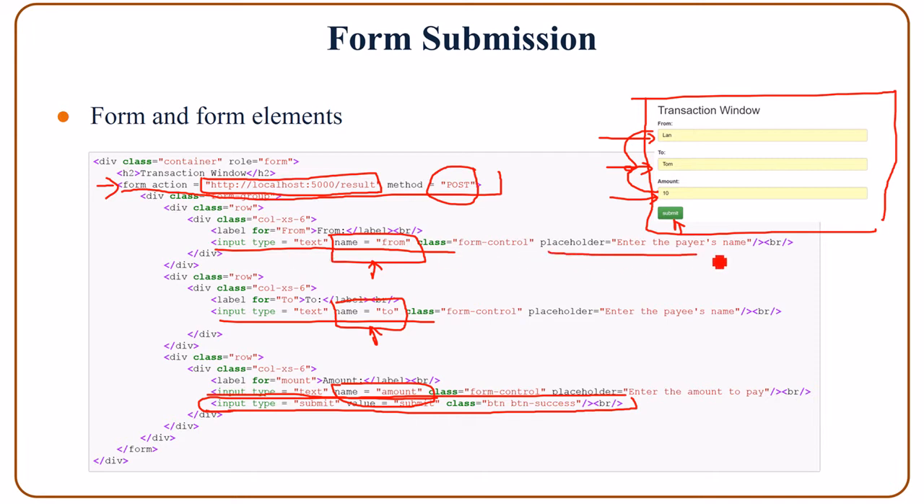a placeholder. Placeholder is a string that displays in the text inputs, right? When there is no data yet, then it shows, okay, enter the payer's name here, enter the payee's name there, enter the amount to pay in there, and also